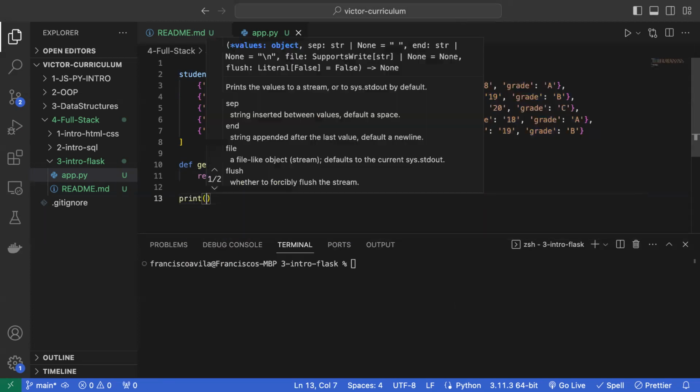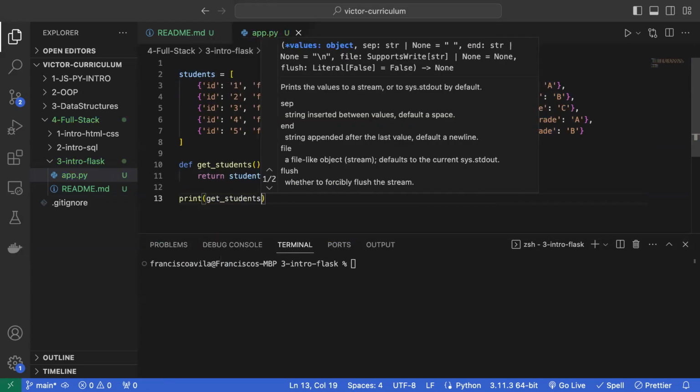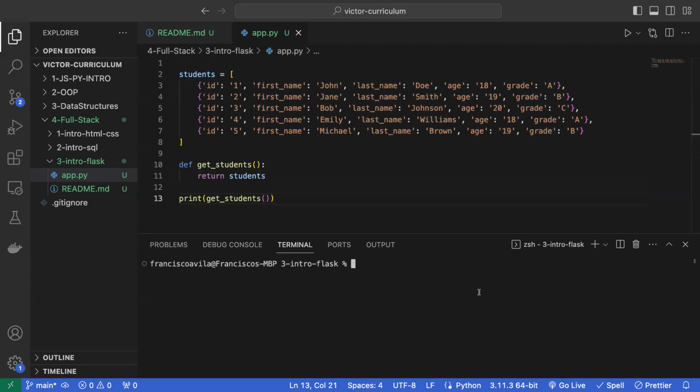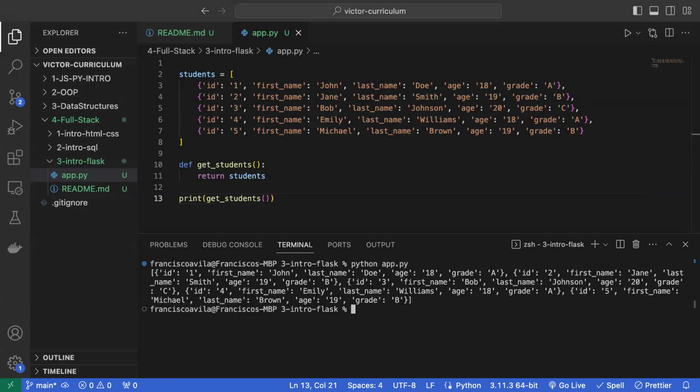Well, let's test it out. Let me go ahead and print get students here. Okay, well, when I run this function, I tell it to print get students because I want to see the return value of this function. And we can see that it's returning the entire list of students, right? Nothing super complicated. It's all very simple. So this is great. Well, now that I can see it in my terminal,